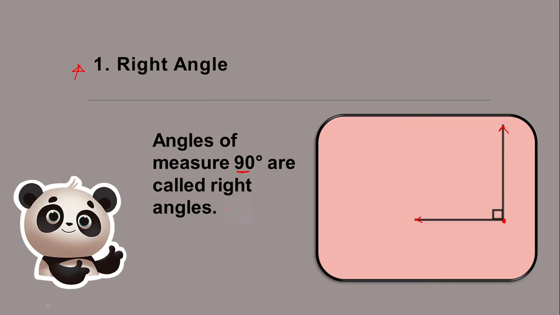right angle. Now this right angle you are able to see in our alphabet T, where at the two places you will be able to see a right angle. Then if I draw an L, here you have a right angle. Okay, so a right angle measures exactly 90 degrees.